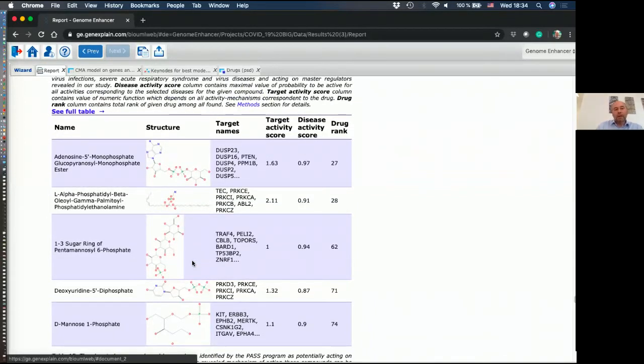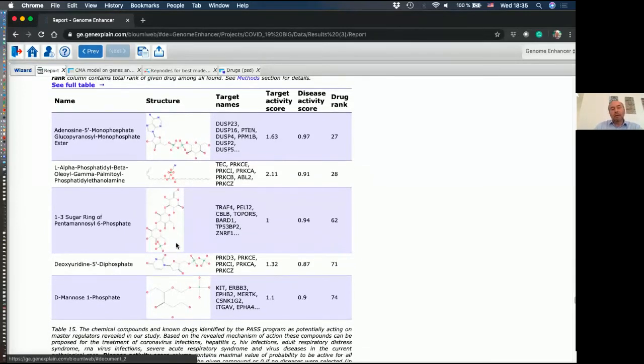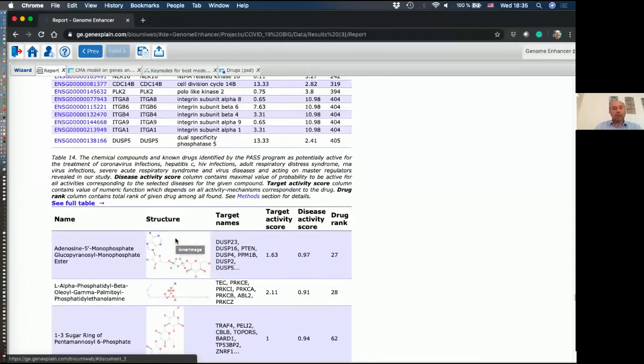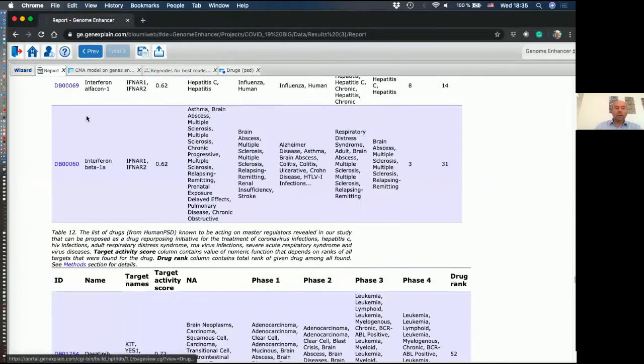But what is done here, we apply a chemoinformatic tool called PASS, which predicts potential drug targets for chemical compounds from a big library of active chemical compounds. It intersects these potential drug targets for these compounds with the targets for the given patient. And it gives a list of the most promising compounds which can be used in experiments and further experiments. But let's have a look now at the second